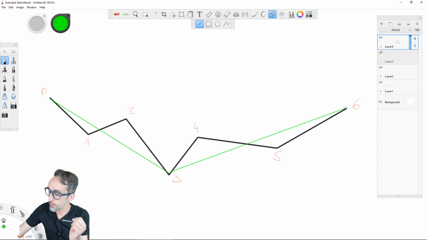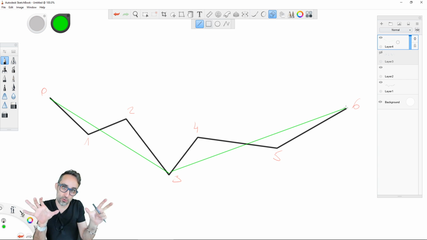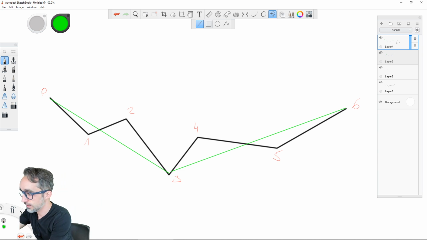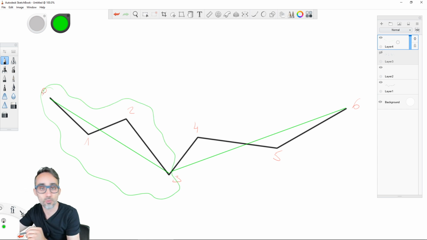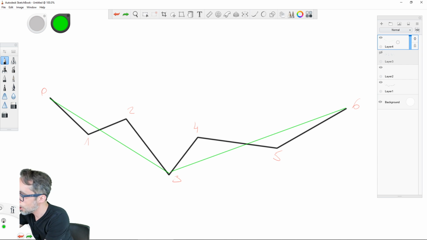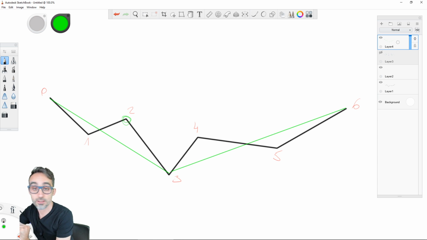What we do now is we say, well, we're going to apply the exact same logic to those 2 independent chunks. So we're going to assume that this here is now our polyline, the one that we want to simplify, and then we're going to operate the same way. We're going to calculate which one is the farthest away.